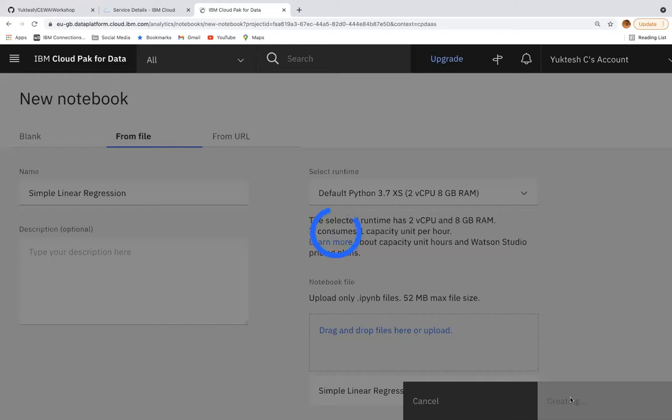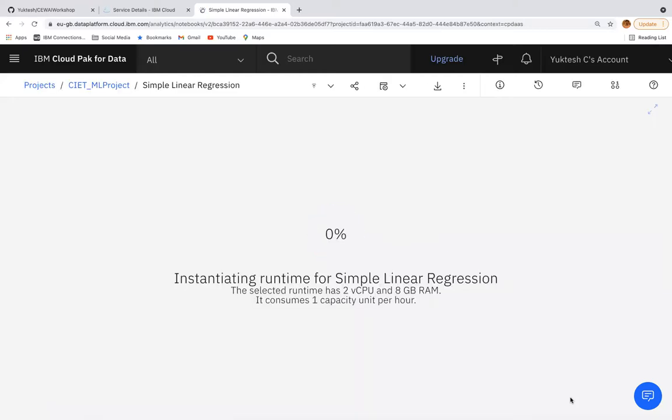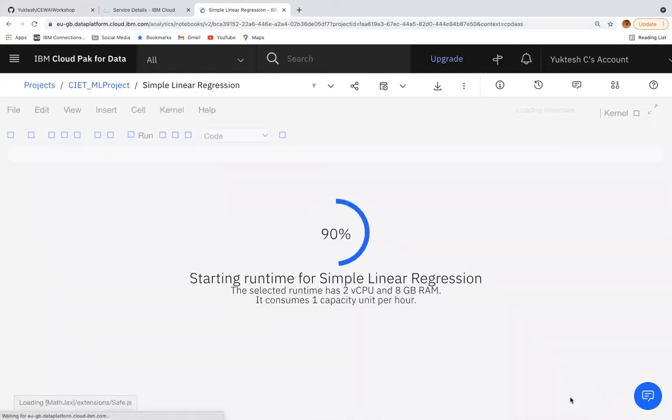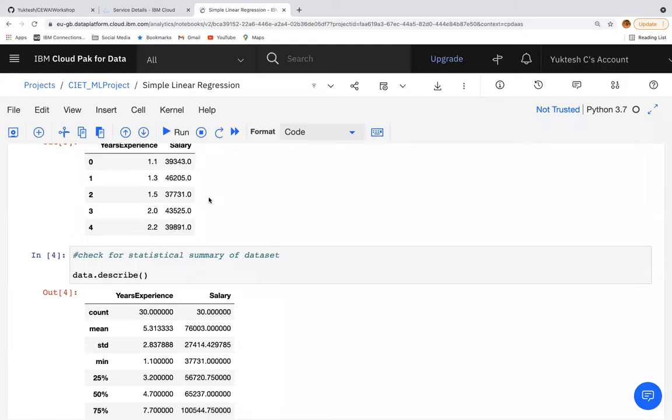What you are doing here is, from my system directory, there is an already built file that I am uploading into the cloud. That way you can do it, or else you can do all the coding on the demo file only, by creating a fresh file, that is also fine. Basically, the existing code I have uploaded into my cloud environment, in the Watson Studio service, in the IBM Cloud Pak for Data, in a project.